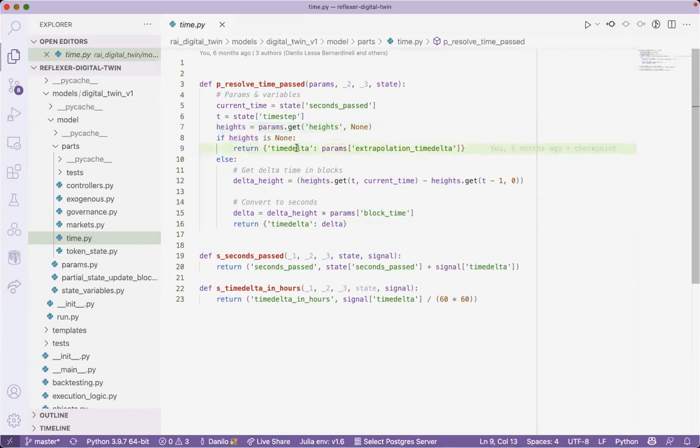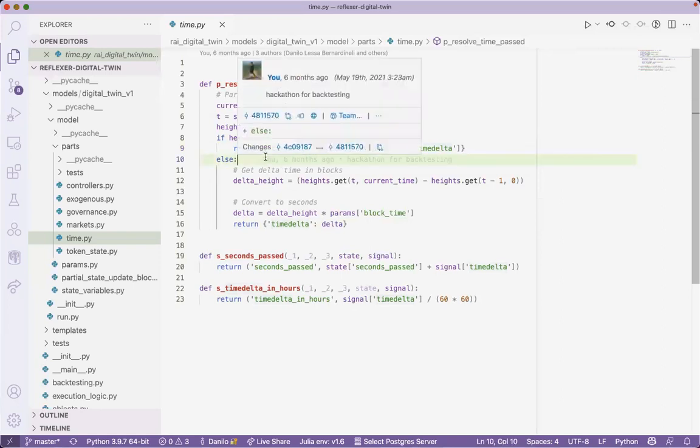If heights is none, we are in extrapolation mode. In extrapolation mode, the time delta that we pass in seconds is the extrapolation time delta, one of the parameters. As configured here, this time delta is always going to be 1 hour if heights is none. And if heights is provided, it's something we are getting from the real data.